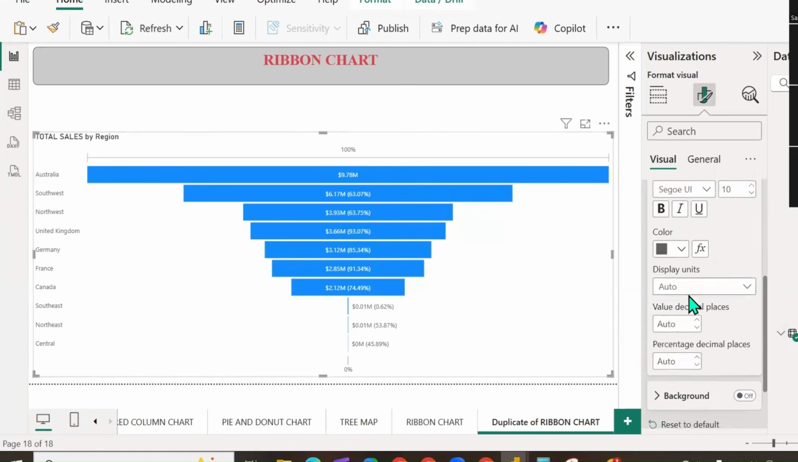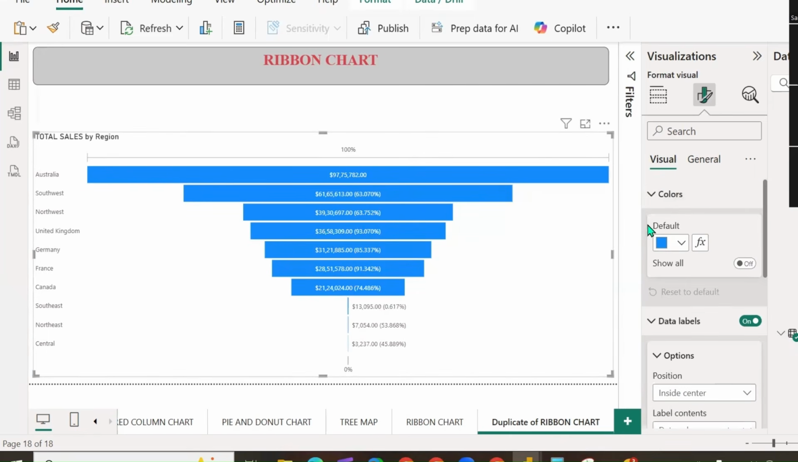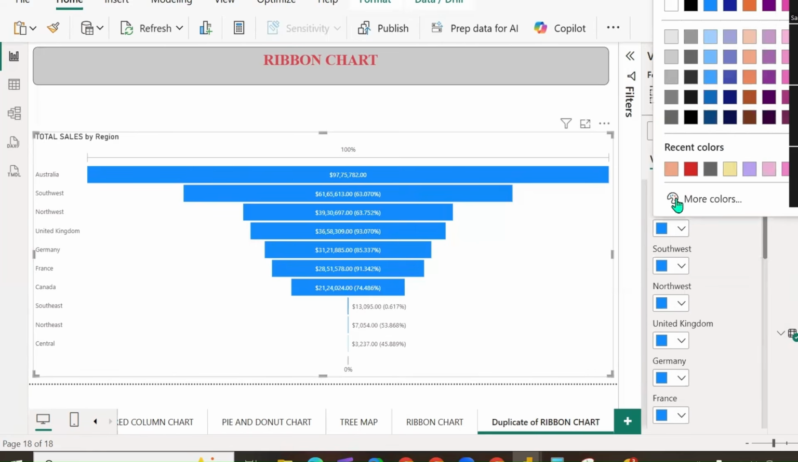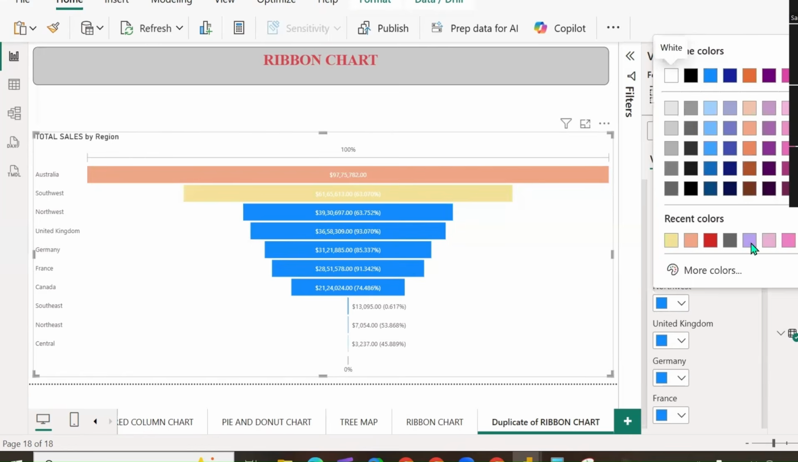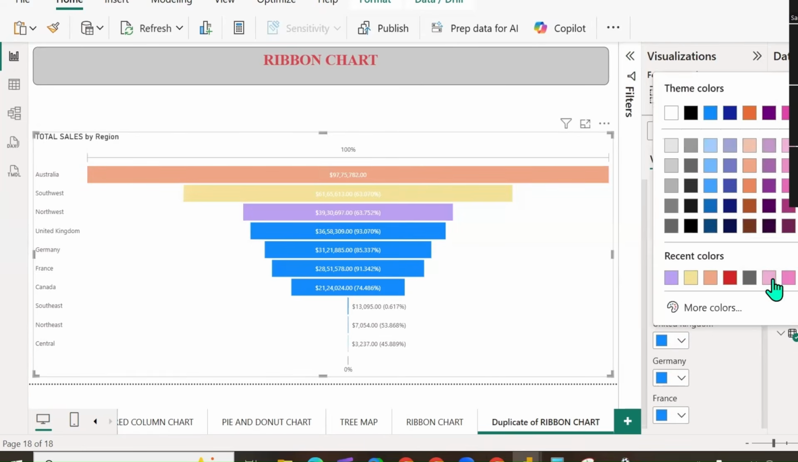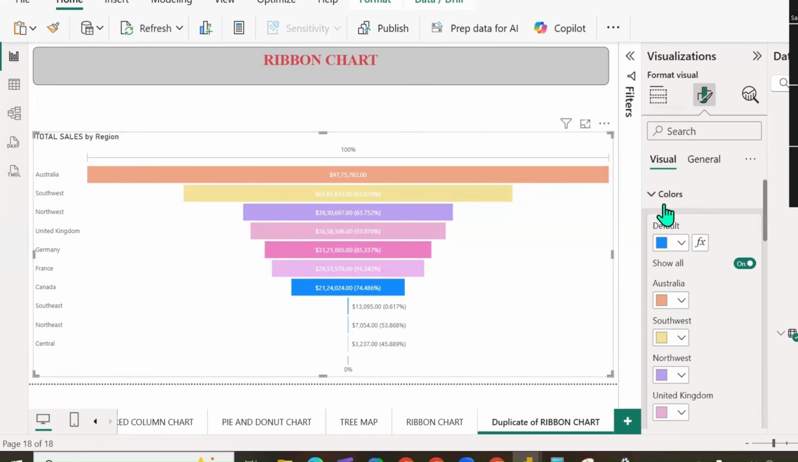And the values we can increase or decrease. We can have none and we can go for value. We can go for 2 as the value decimal. If we have percentage, we can also have the percentage. So it can be easily changed. Expand colors, enable show all. So I can change the color of each and every individual region. Click on it and make the color changes. Yes, we have made most of the color changes. So this is